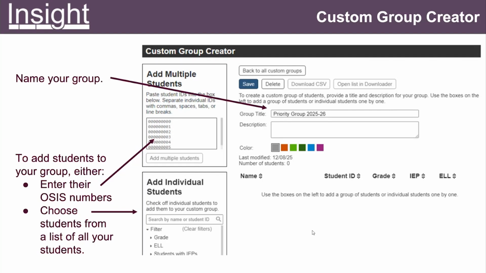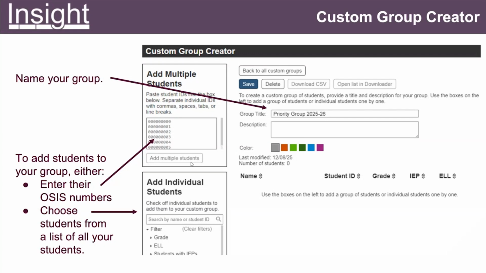If you want to create the same group from your colleague's list, or your colleague wants to create a group from your list, they could type in the students, but I think the more efficient way is you have a spreadsheet, just copy and paste, I don't know, 20, 30, or 50 OSIS numbers in it, and click the add multiple students button.